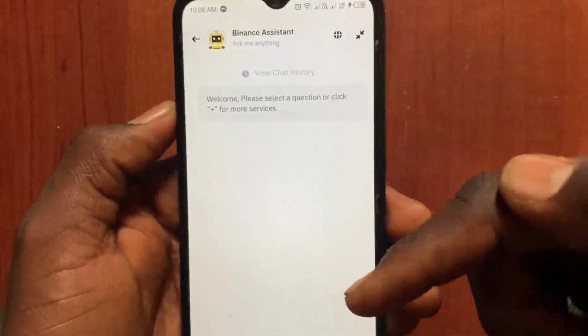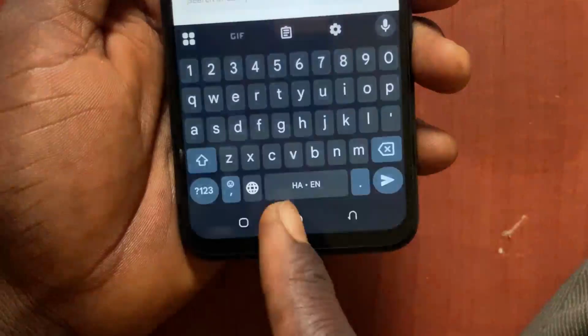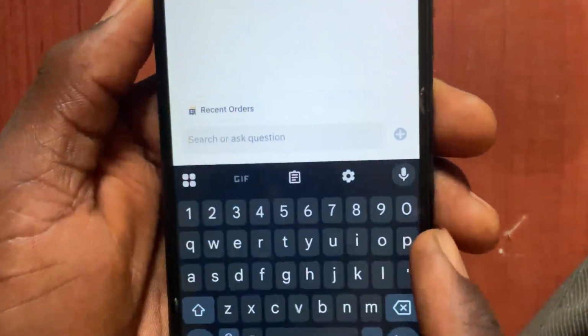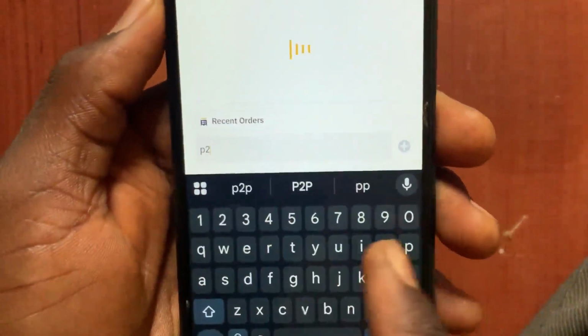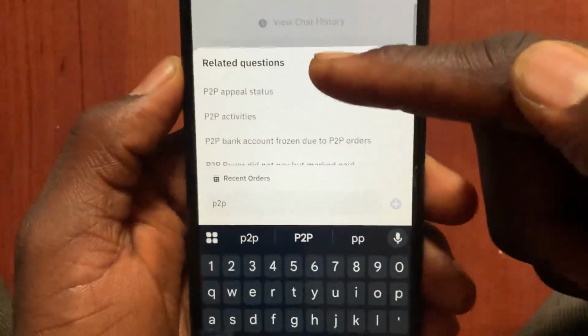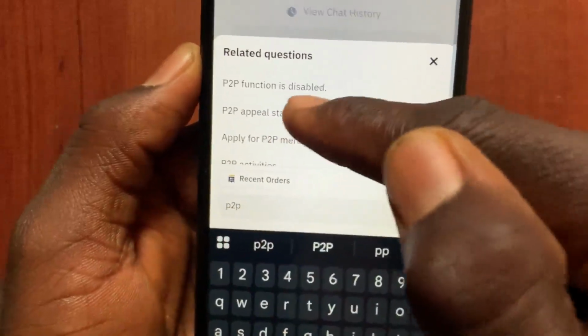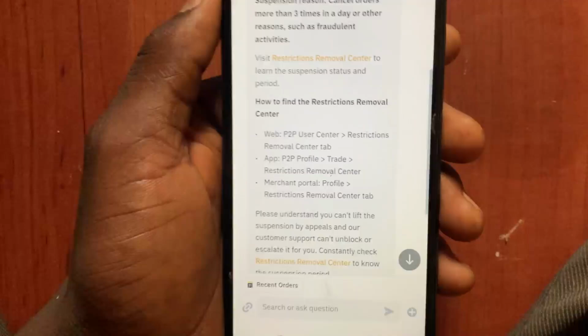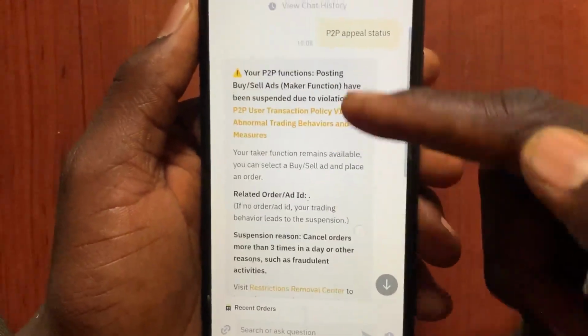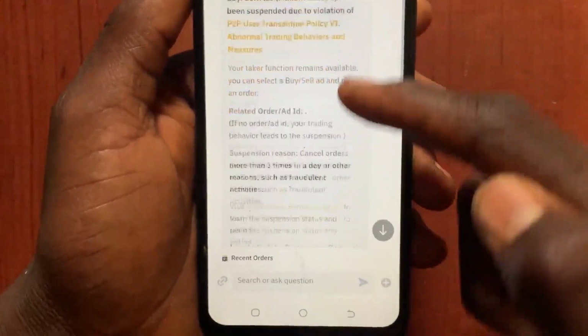After you come to this option, tap on Search. From this chat section, go ahead and type in P2P. Now it will give you some suggestions. Select this one, P2P Appeal Status. After it gives you this information, scroll down and tap on this